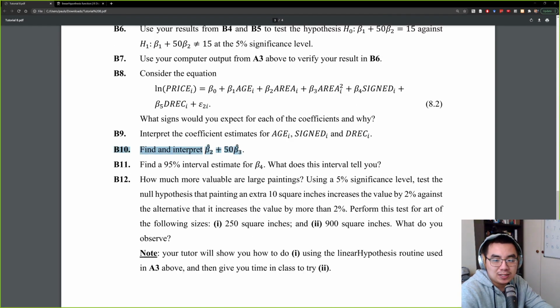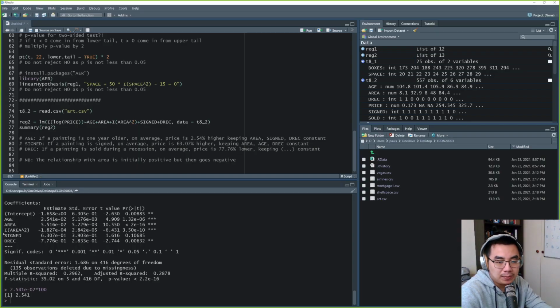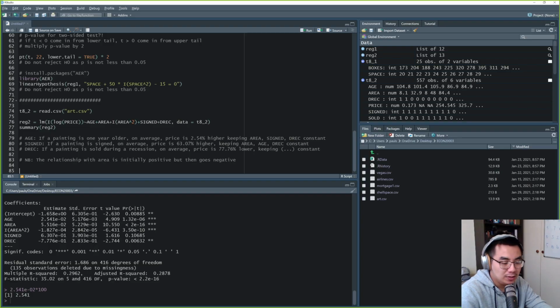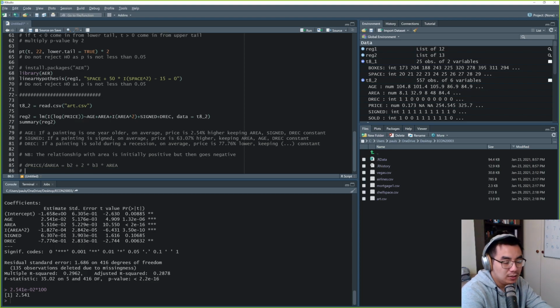Find and interpret this quantity here, beta 2 hat plus 50 beta 3 hat. Okay. What is beta 2 and beta 3? Oh, that has to do with area. Okay. So here, let me just say that d price, d area, is equal to beta 2 plus 2 times beta 3 times area. Okay. So if you're asking what is beta 2 plus 50 beta 3, it's the same as the